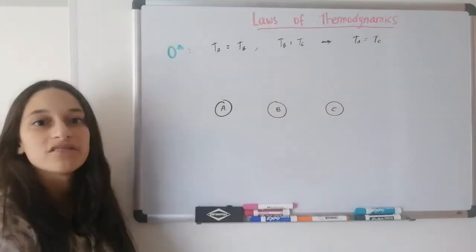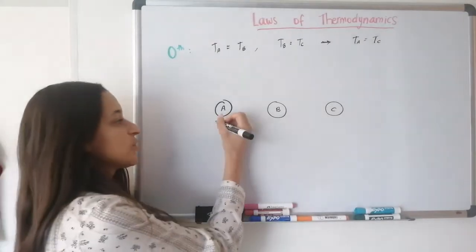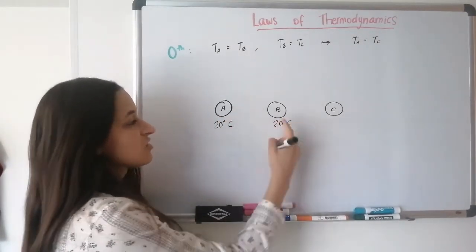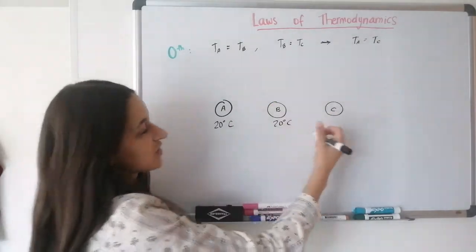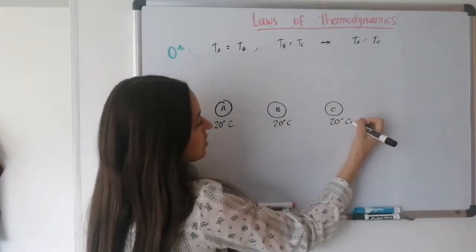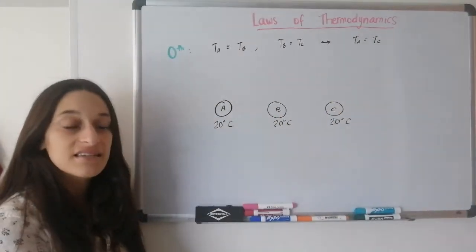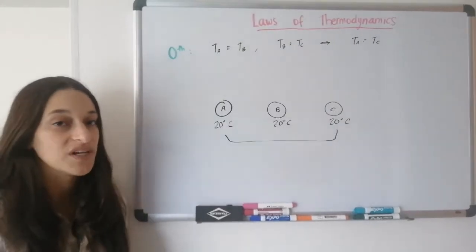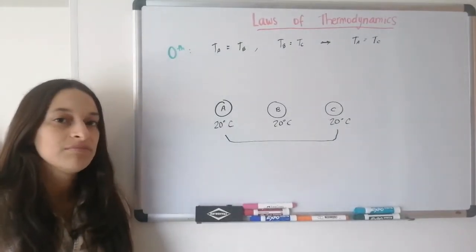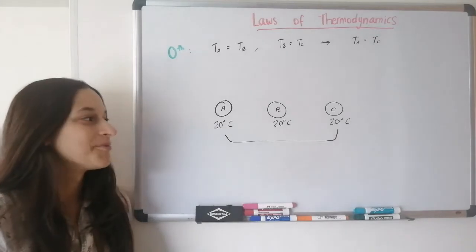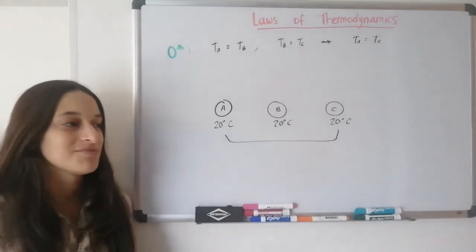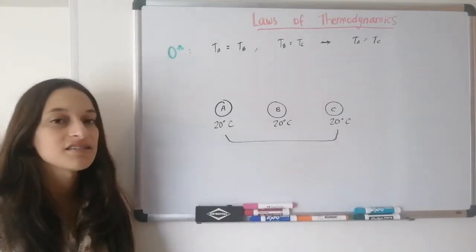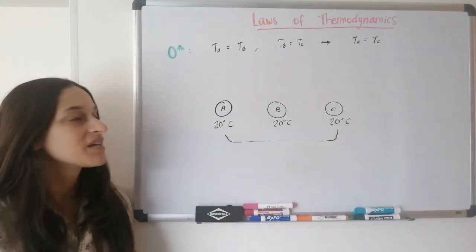That's pretty obvious. Let's say both A and B are at 20 degrees Celsius, and B and C are also the same, 20 degrees Celsius. What the law states is that A and C are also the same, so they're both also at 20 degrees Celsius. And this sounds really basic, almost stupid, because it just makes sense. It's obvious. But it was very important for scientists and physicists to cite this law because it's what allows